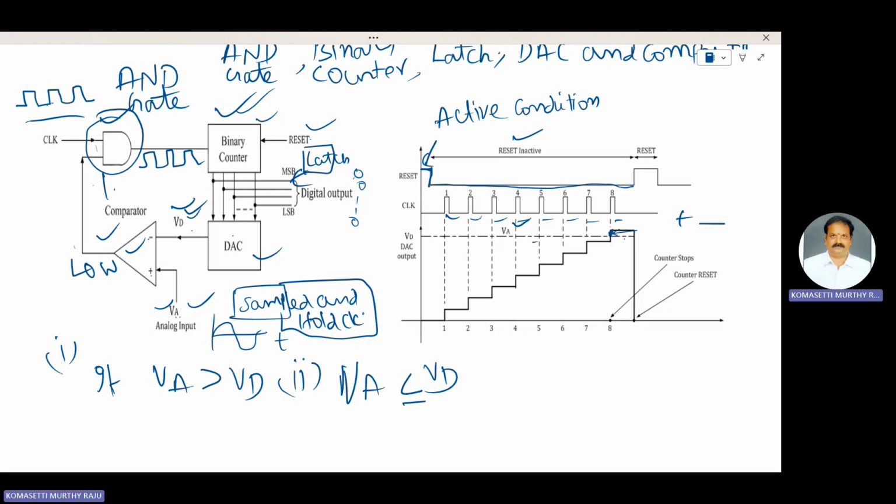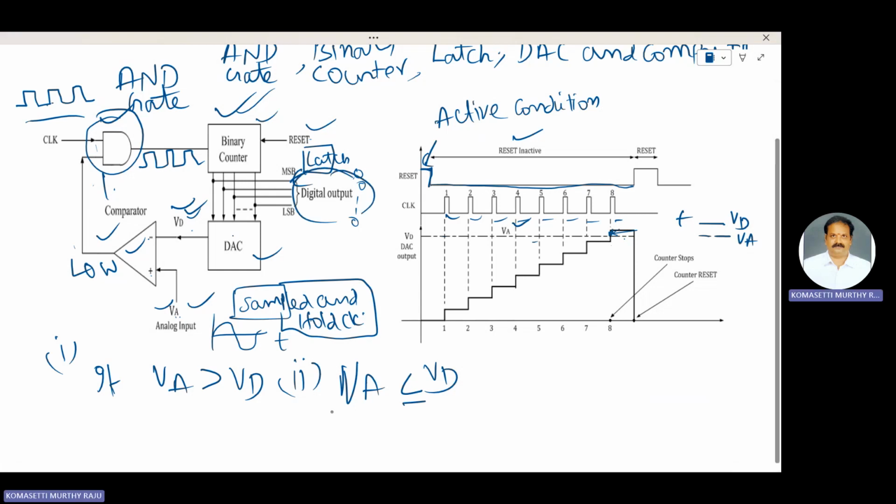This is the VD, and this is the VA. VD is greater than VA at the 8th clock pulse. At that instant, the AND gate is disabled and the binary counter stops the count. The digital output of the counter at that instant